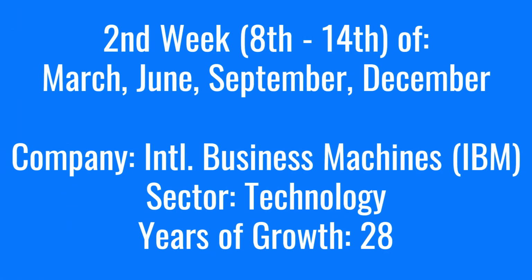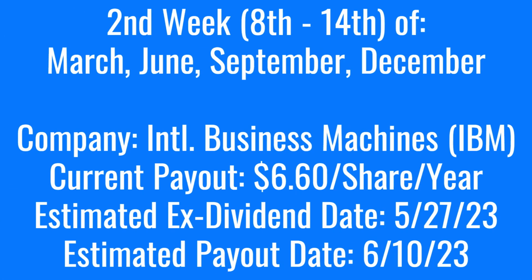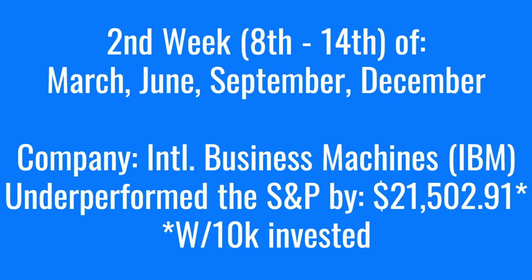$8,470.66. Our pair for the second week of March, June, September, and December is International Business Machines, stock ticker IBM, and they are in the technology sector and have been paying and growing their dividend for the past 28 years. IBM has a forward dividend yield of 4.89%, a 5-year dividend growth rate of 2.24%, and a payout ratio of 65.45%. IBM is currently paying out $6.60 per share per year, and their next ex-dividend date is estimated for May 27th, with a payout date of June 10th. IBM, over the past 10 years, has underperformed the S&P 500 by